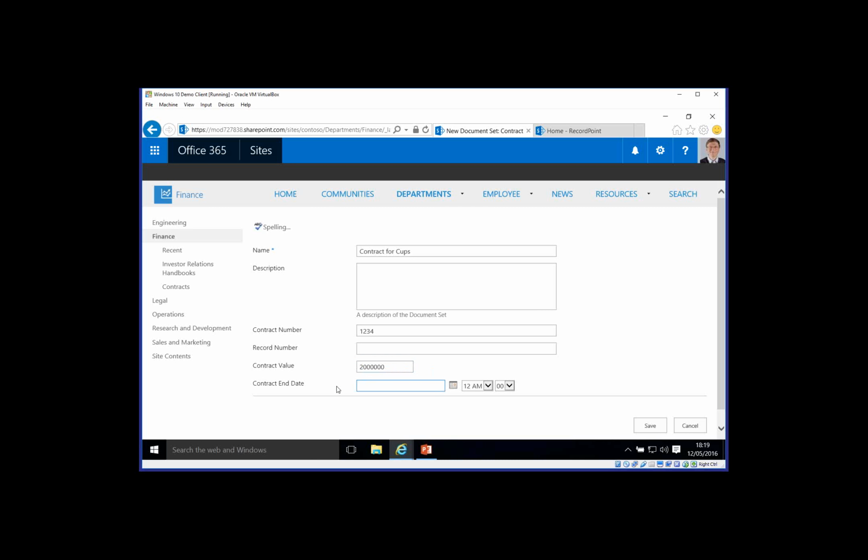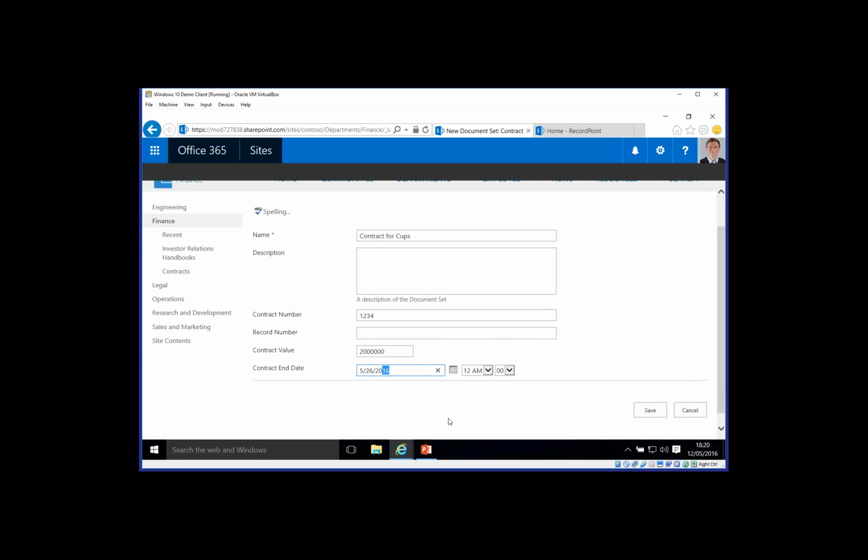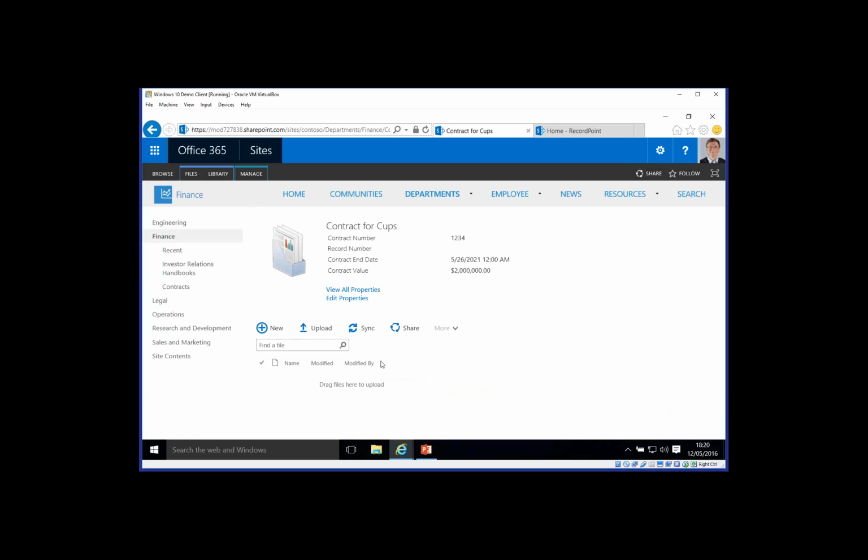worth for this contract, and there's an end date. The cups need to be renewed in 5 years' time. So I'm actually going to change this to 2021, and that's when that contract is up for renewal effectively. So I'm just going to save that. It's created effectively this contract document set, and I'm going to add a document into it, and I'm actually going to add the draft of the contract that I've been working on into this document set, so that when I get a signed approval, I can also add it into this location, and we can manage all of the kind of documents as one single entity from here, which makes sense to me,